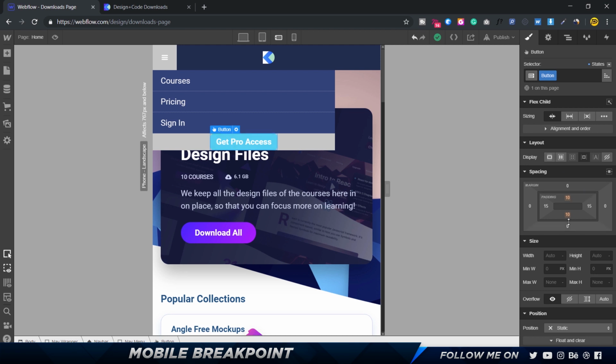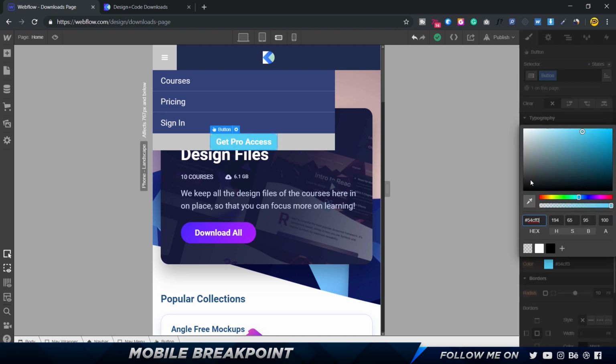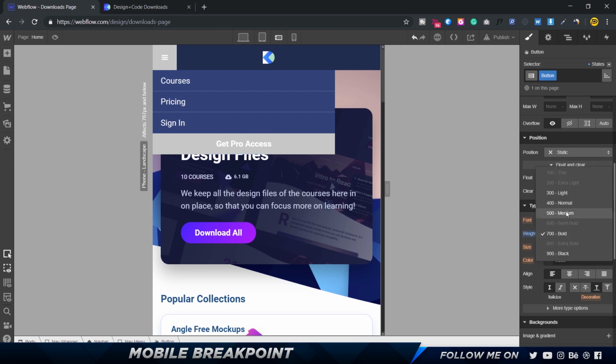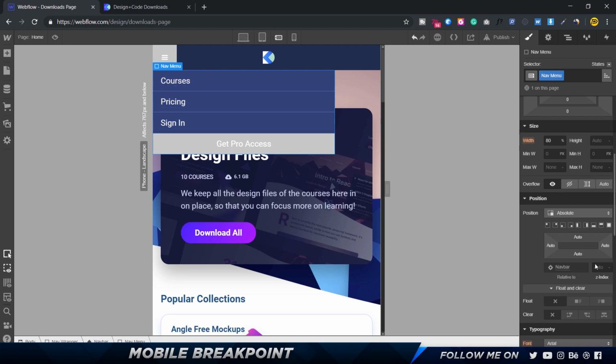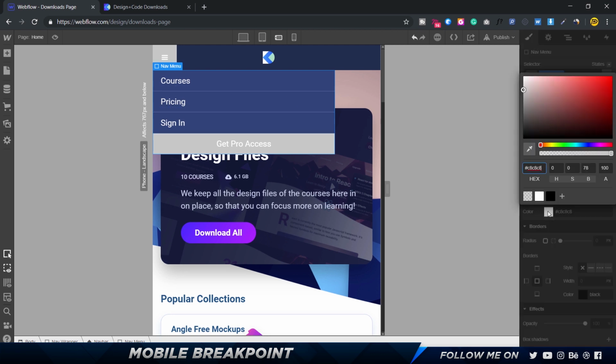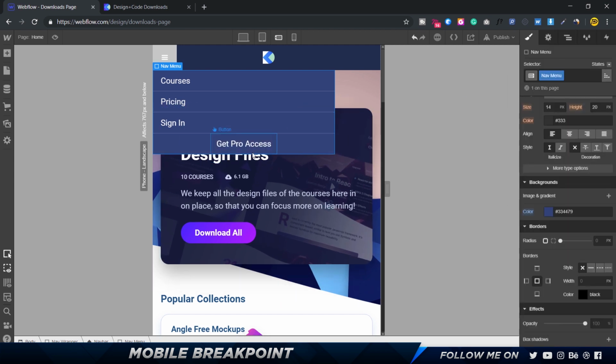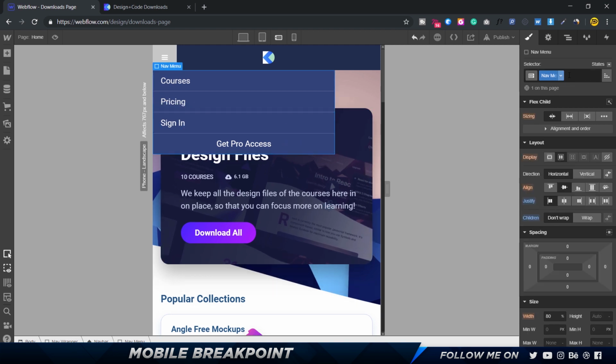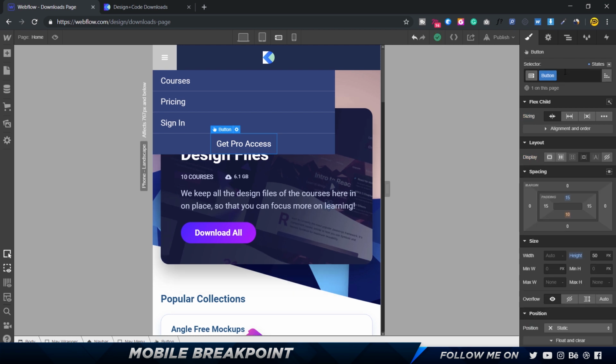And on the button, in the none state, we can set the background to be transparent. Yeah, we can give this a height of 50 pixels and then probably 15 on the top padding. We want to change the weight to normal. All right, now here the color isn't changing, so what we can do is we select the entire nav menu and change the color of this, and we can actually pick the color and drop in that color. All right, another thing we can do is we can select this nav link and apply that same class to this as well. So we can select the button and we can call this